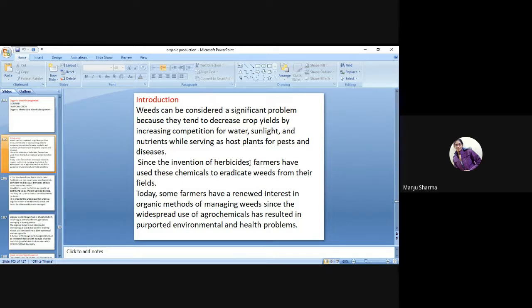Since the invention of herbicides, farmers have used these chemicals to eradicate weeds from their fields. Today some farmers have a renewed interest in organic methods of managing weeds since the widespread use of agrochemicals has resulted in